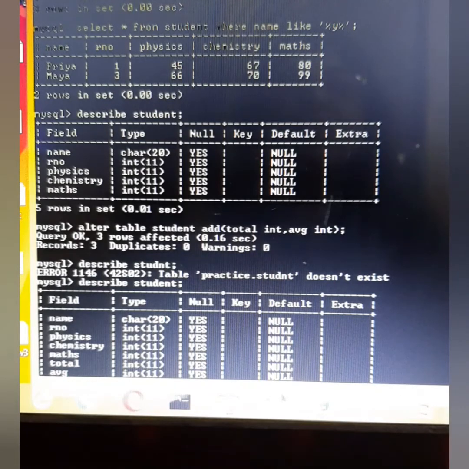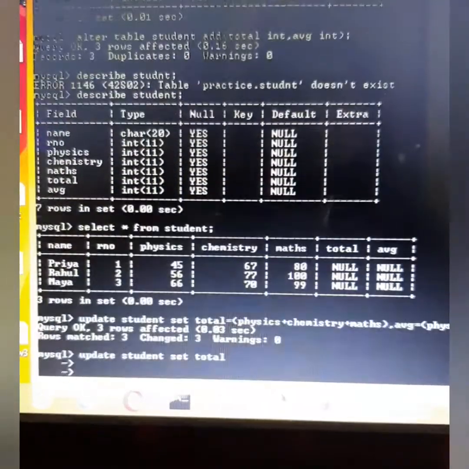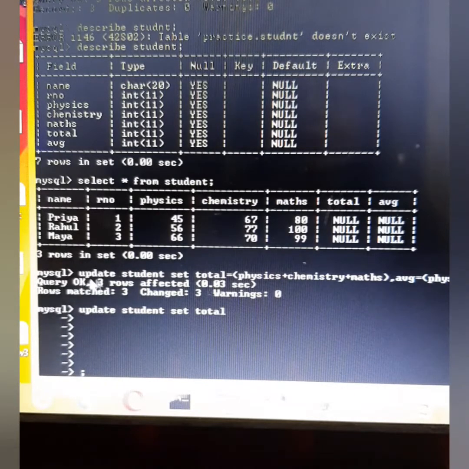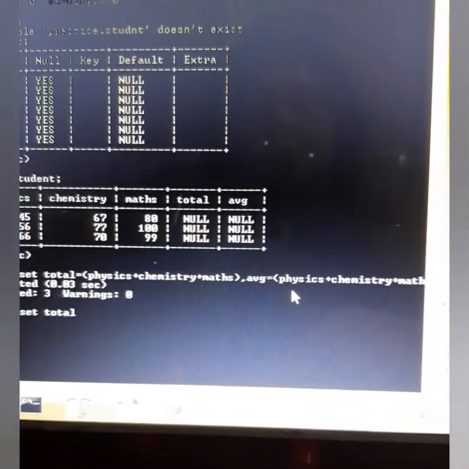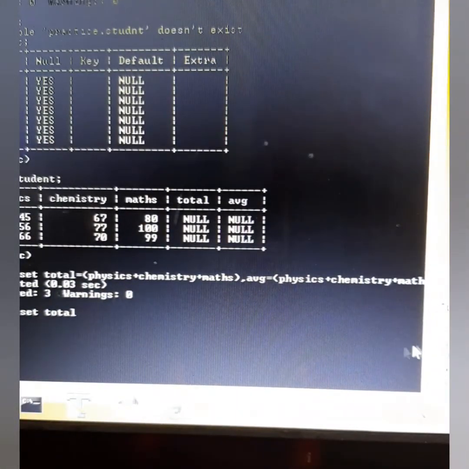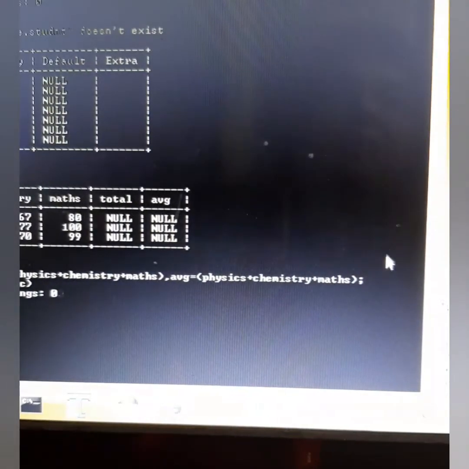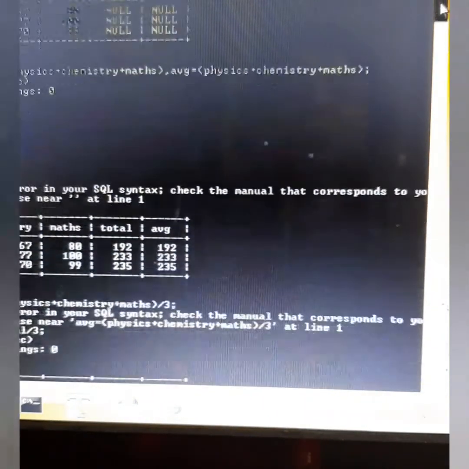And after that, if you want each and every student's total and average to be calculated, you can write update student set total is equal to physics plus chemistry plus maths, comma average is equal to physics plus chemistry plus maths divided by 3. Since I did not give you a divided by 3, it showed the total in both the cases.